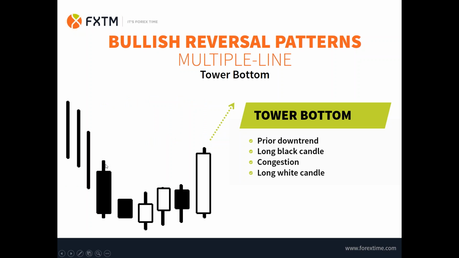You have a downtrend, right? And then what do you have? You see a long black candle in the direction of the trend, of the downtrend. Very good. Then small candlesticks going nowhere, going sideways. Congestion, that's why we call it congestion. And then there is a long white candle signaling the end of the congestion, the end of the downtrend, and